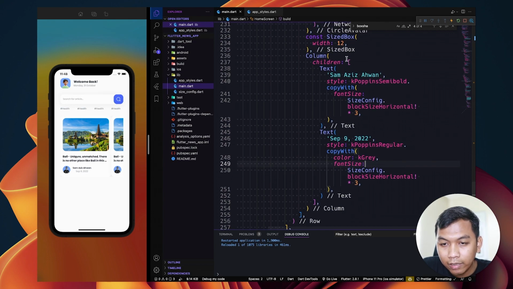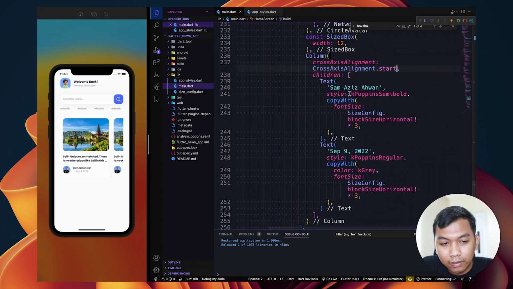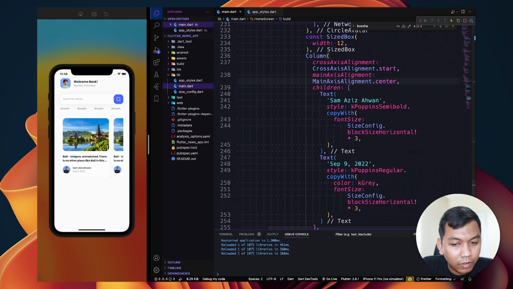Alright, and here we need to say cross axis alignment should be start, and maybe main axis alignment center. Looks like this.